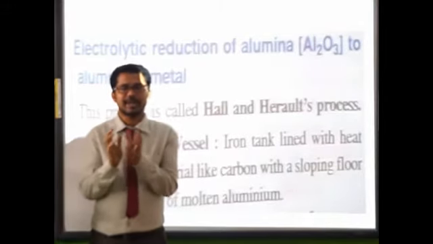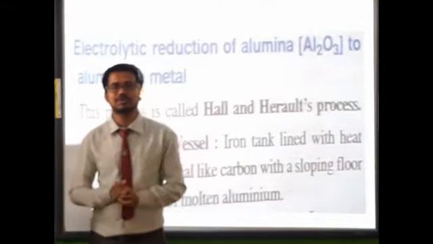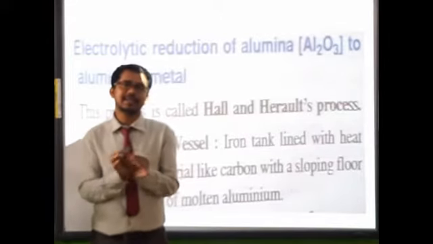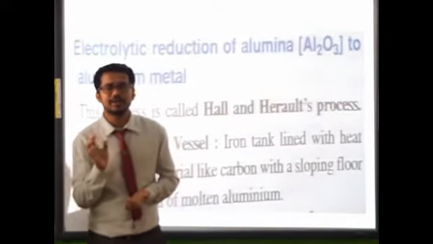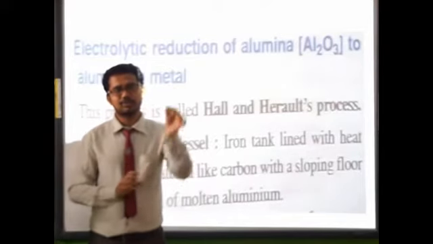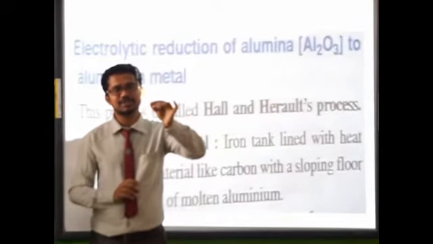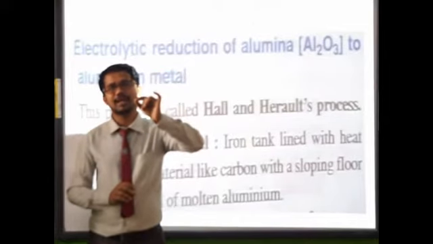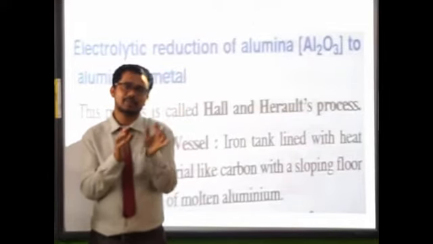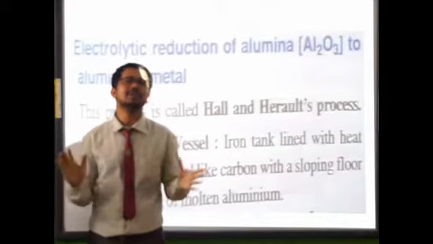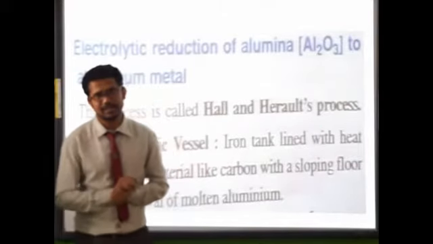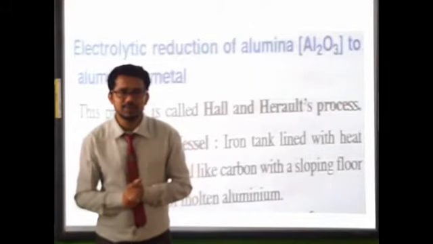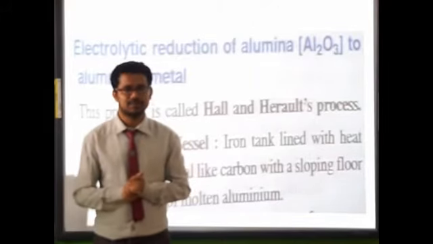The affinity of aluminium towards oxygen is very high. It cannot be reduced very easily by these reducing agents. So in the metal reactivity series, from potassium to aluminium, cannot be reduced by simple reducing agents. So for this kind of oxides, we'll be using